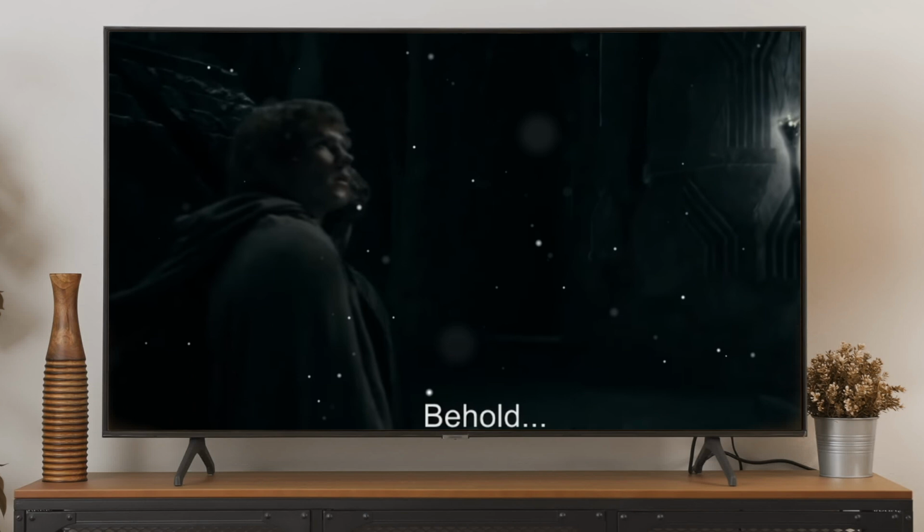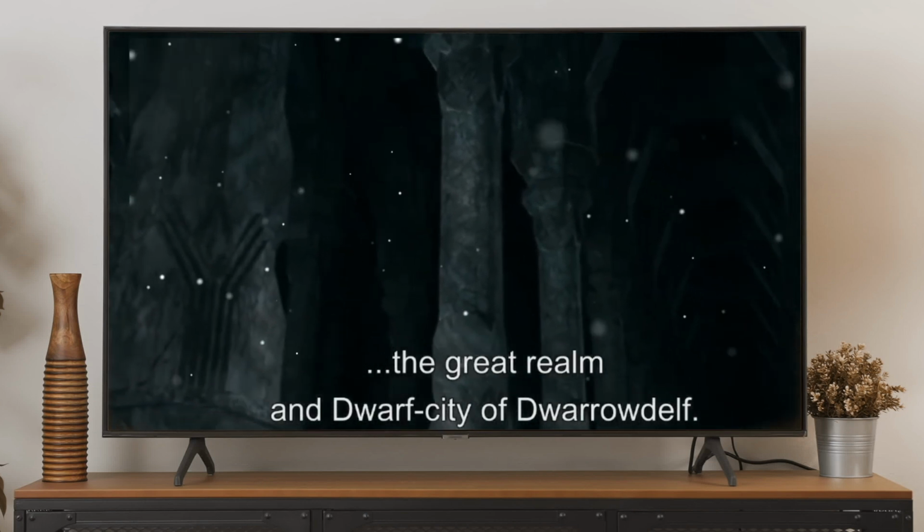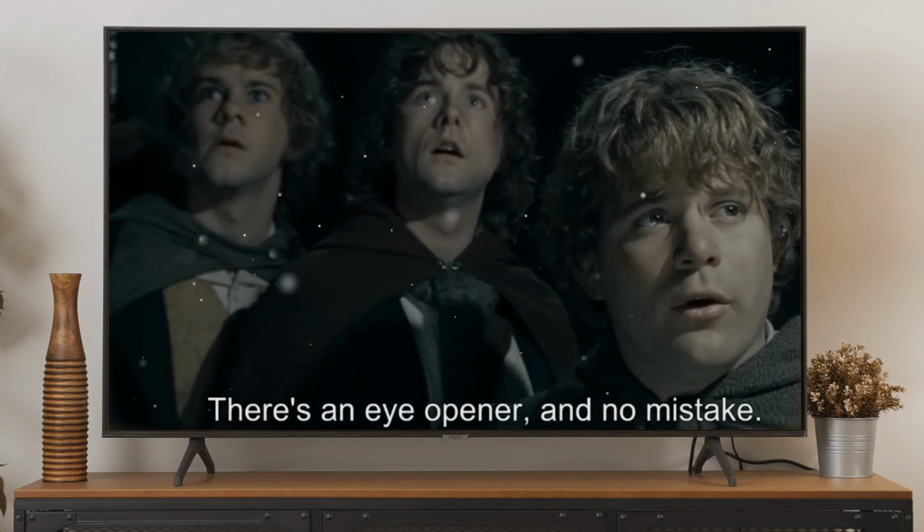Behold, the great realm and dwarf city of Dwarrowdelf. There's an eye-opener and no